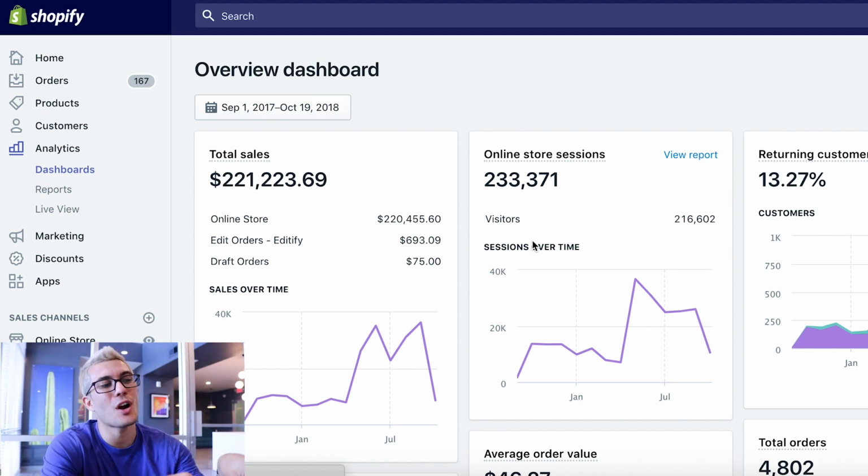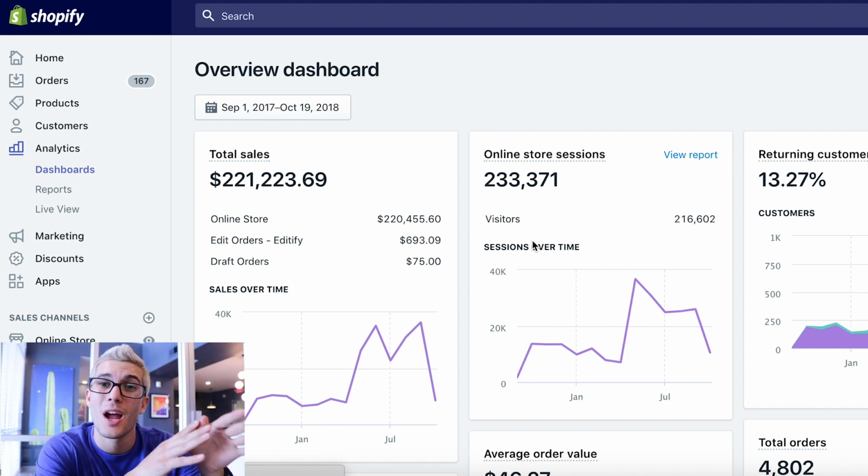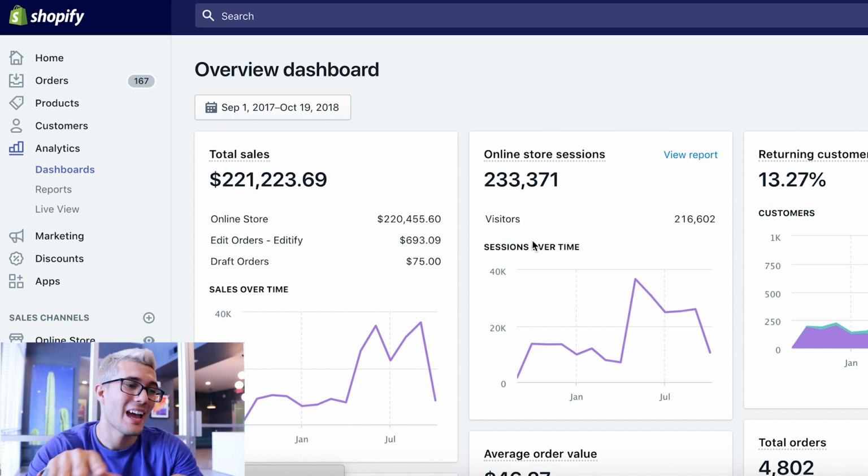And we can see here $221,000 since about the start of this store, which was all using this free theme. They said I won't be nothing, now they always say